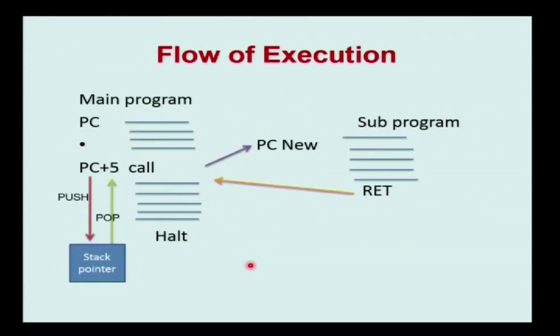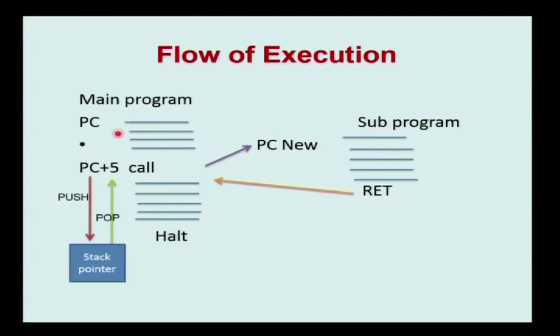So, this is the main program execution. Generally, programs consist of a main program. The main program is the set of instructions that are followed in that program. A subprogram is a program that we use often, or very rarely, and it is called a subprogram. So, here we have a main program and a subprogram. The main program consists of a number of instructions.